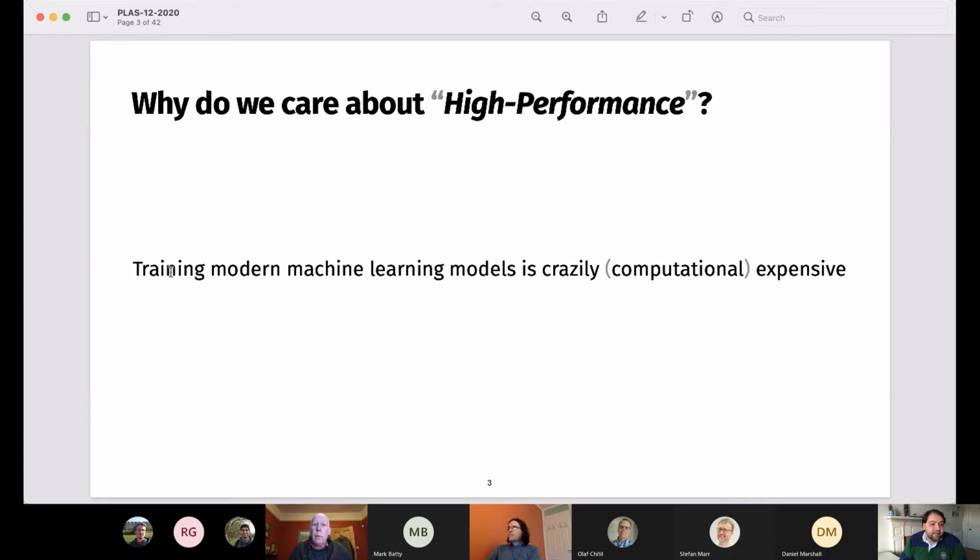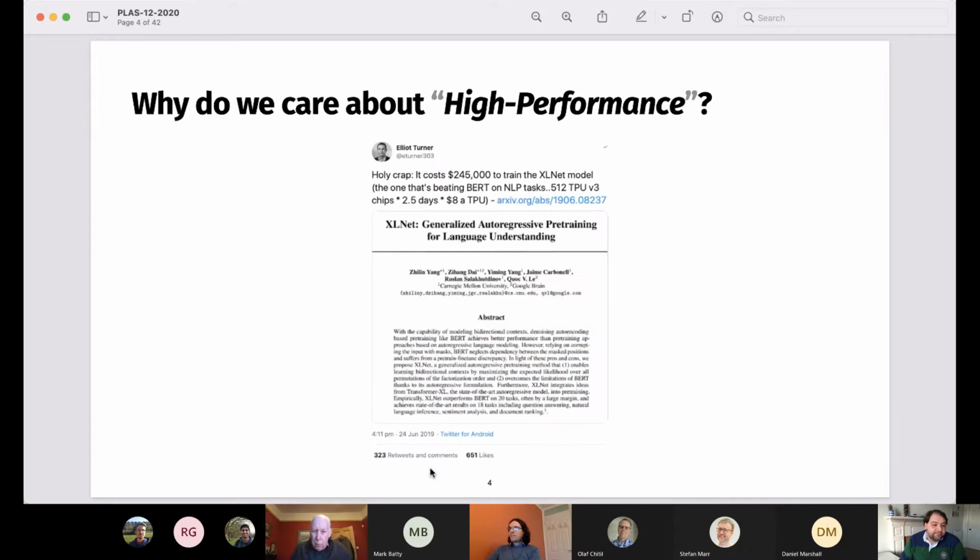So if we think, for example, about how expensive it is to train a machine learning model nowadays, this is a tweet from summer 2019, from a machine learning person saying, holy crap, it costs $245,000 to train the XLNet model. That's a model in natural language processing that beats the BERT model. He estimated this based on using 512 tensor processing units of specialized hardware for 2.5 days at $8 a